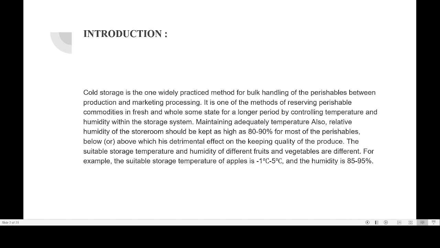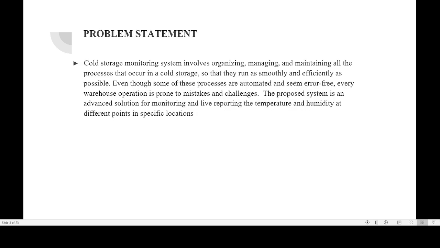For example, the suitable storage temperature of apple is 1 to 5 degrees Celsius. Below 0 degrees it comes under the negative condition, 0 is the neutral stage, and at the next level it goes into a liquid condition. The humidity is very high, 85 to 95%. This is for the particular produce, apple. Next,